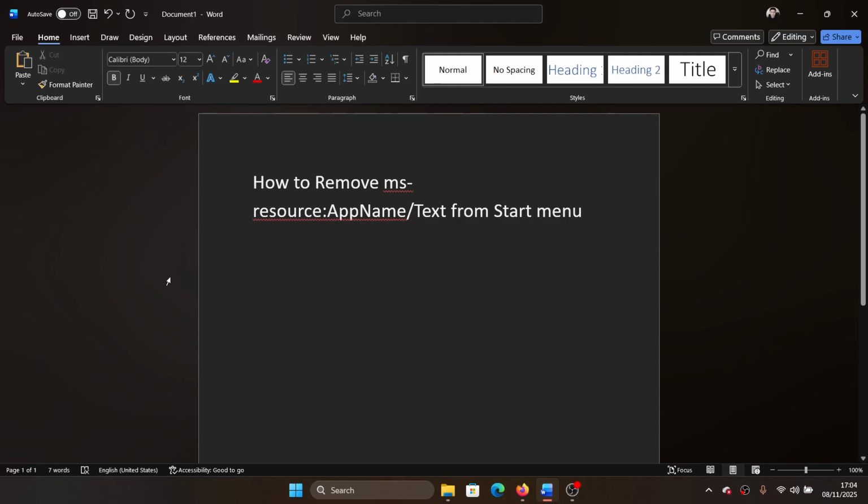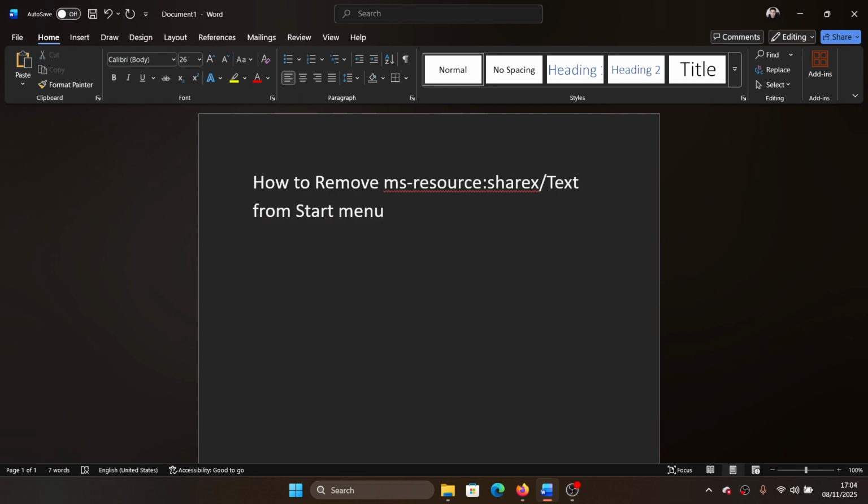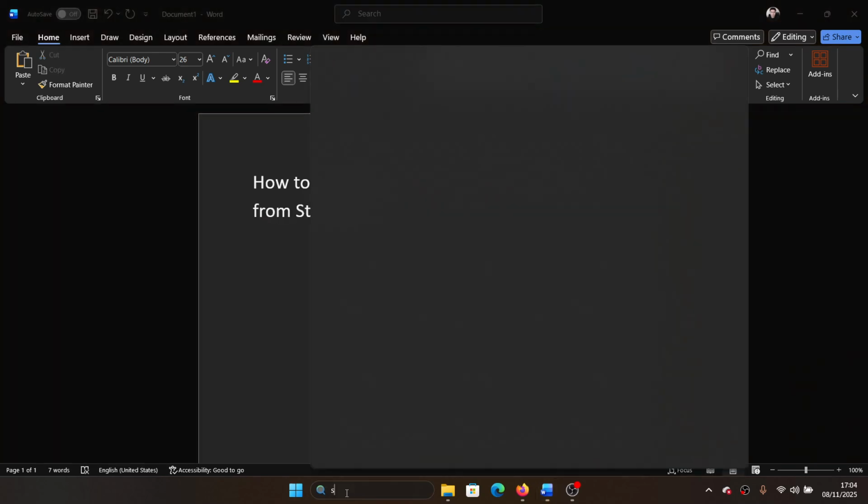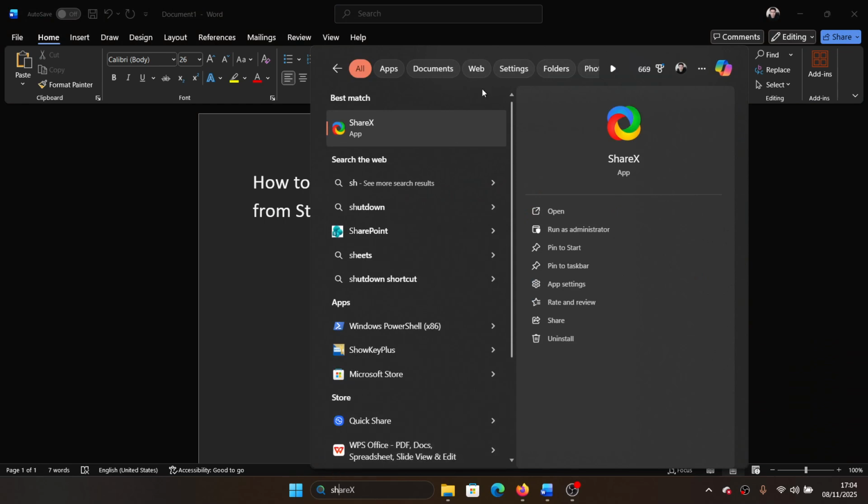Hey friends, if you wish to remove the MS Resource app name text from the start menu, then please watch this video. I will guide you through the process. Now, app name basically means the name of the app. It can be ShareX, it can be anything. But for the sake of this example, I will choose the ShareX app so I can show how to